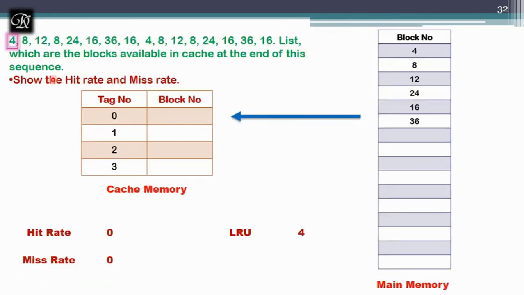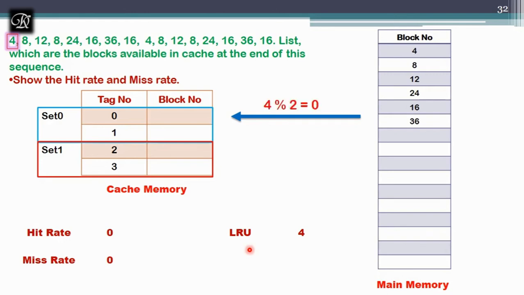Let's see the example. First take up block request 4, which is not there in the cache. I have to bring it from the main memory to the cache. Here also I am making use of direct mapping and associative mapping, and I need LRU and the modulus operation. First I divide the given cache into 2 sets: 0 and 1 are set 0, and 2, 3 belong to set 1. Take 4 and find the modulus